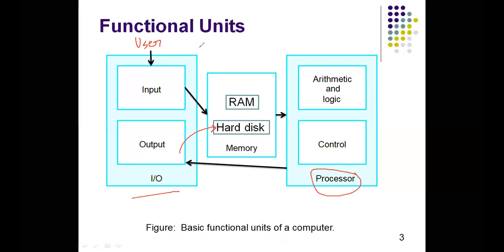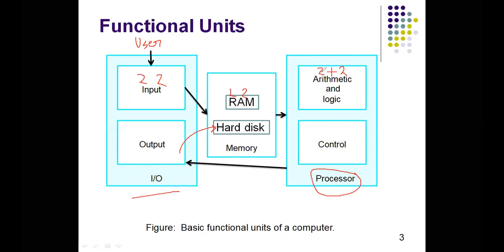Let me explain again. As a user, suppose I am giving two numbers, 2 and 2, and I send these two numbers inside the RAM. Now I give the instruction that I need the addition result of these two numbers. Which part will perform this task? The arithmetic and logical unit performs this task. Which memory space is needed to store this, and which hardware will perform this task? Everything is managed by the control unit.